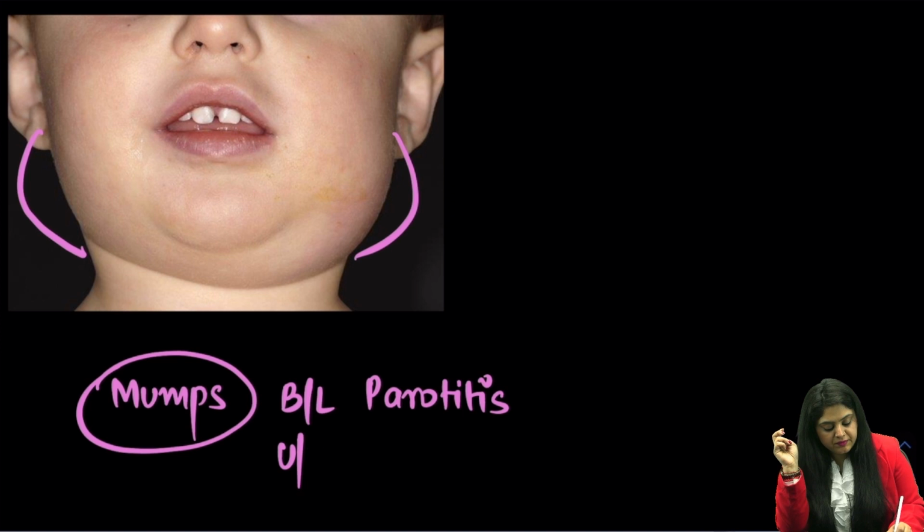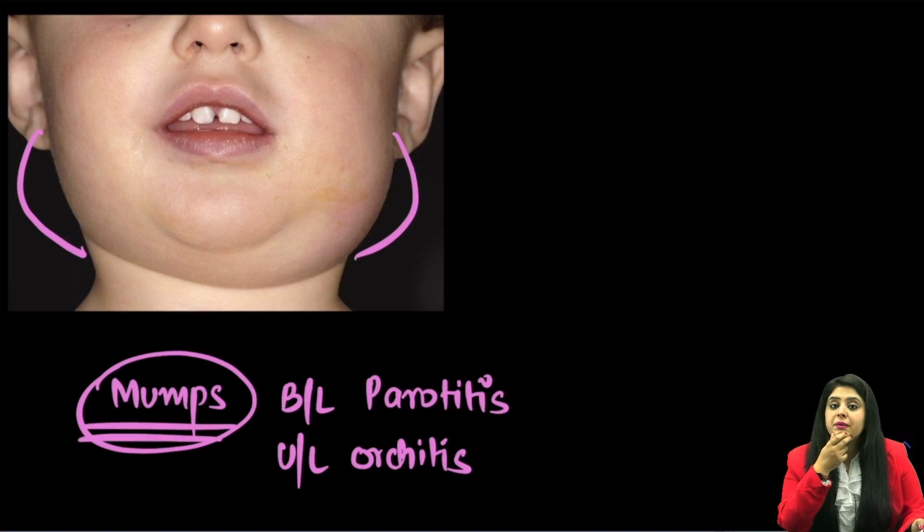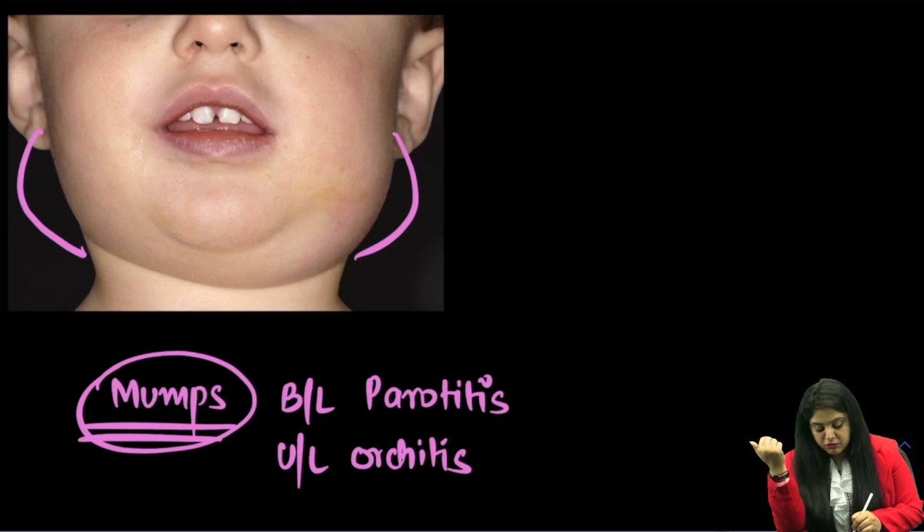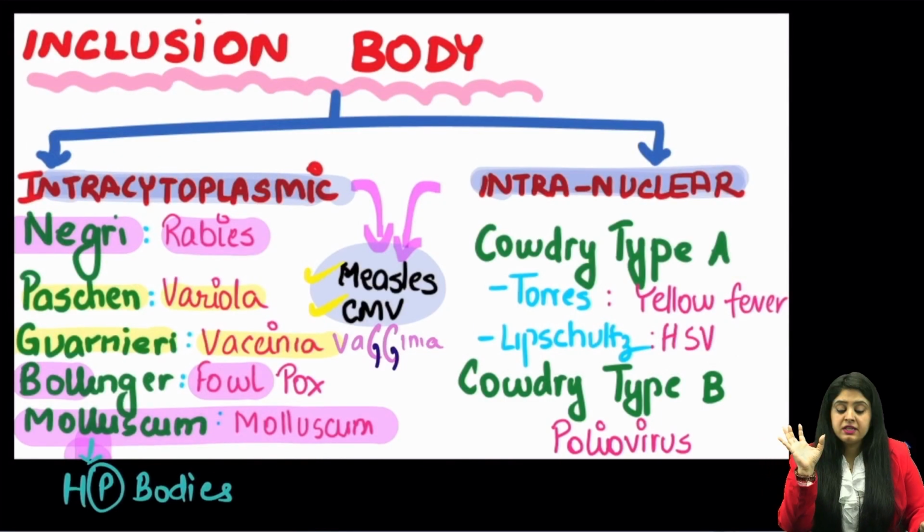Bilateral parotitis and unilateral orchitis is how the patient is going to come. That is a situation of mumps. I hope that is okay with everyone. Everyone knows this. So coming back, measles, mumps, rubella we have done, and we have seen the common